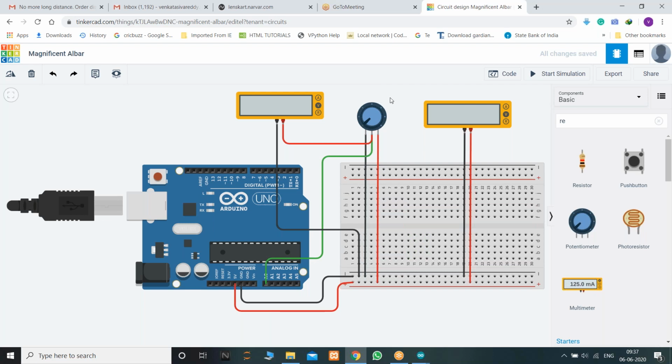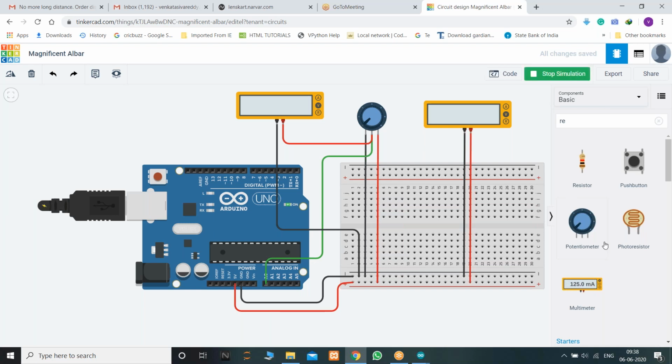We are feeding this to the potentiometer in this multimeter, and I'm also showing the output from this potentiometer in this multimeter. Am I clear with that? I didn't write any program. I want to show you the values only.